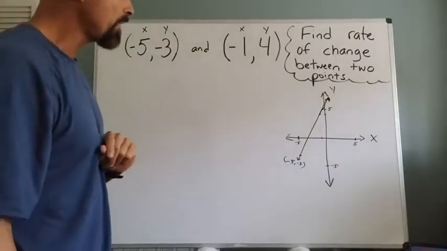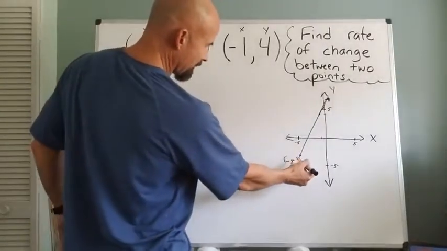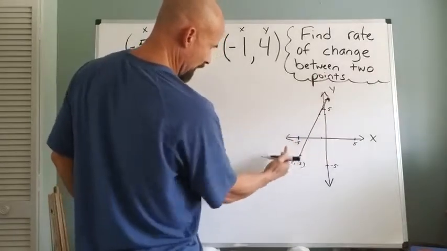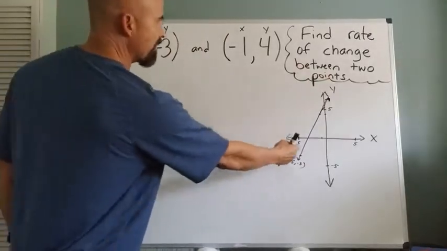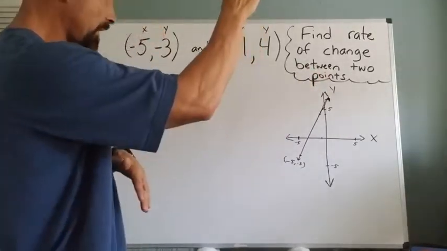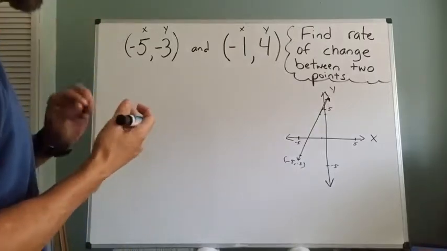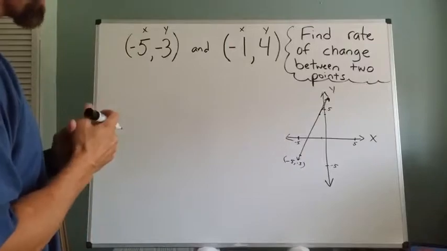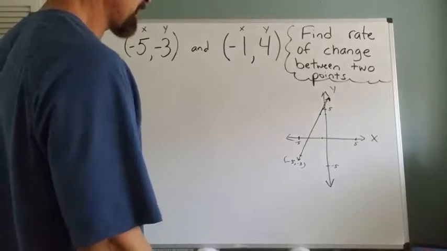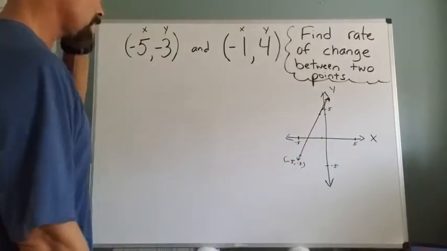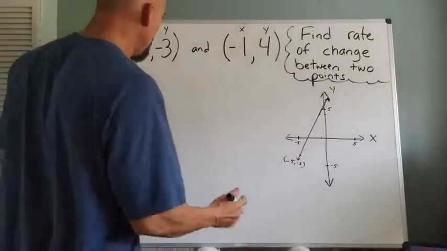The first thing you need to know, or you should be able to tell, we've gone over this, is that the line is going up if I'm moving left to right. So I would think about walking upstairs if I were traveling up that line. Well, I know if I'm going up the stairs, that means my slope or my rate of change should come out positive. I can tell already by the shape of the line I should have a positive rate of change. So that's one thing that I've already figured out just by graphing it, even though it wasn't a perfect graph. Now I need to figure out rate of change,